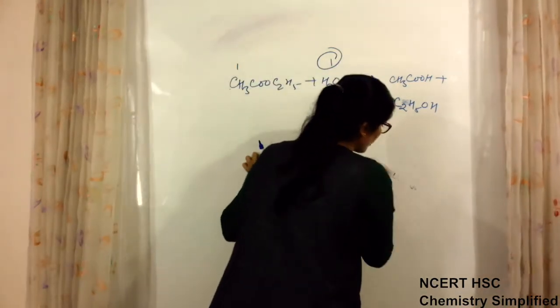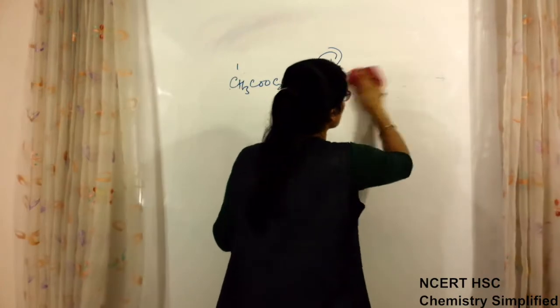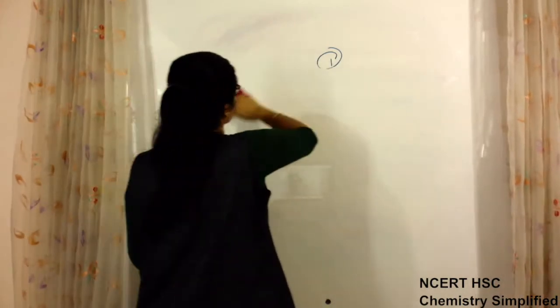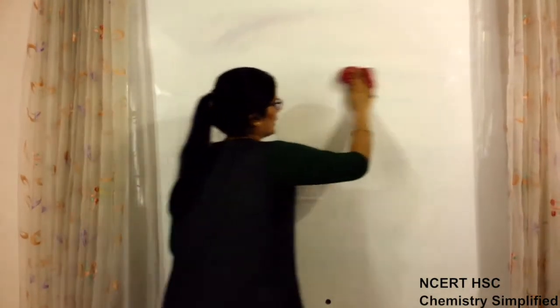So this means what? That order of reaction can have any positive value. It may be 0, it may be fractional, and it may be any positive integer value. But the number of molecules combining, that means the stoichiometric coefficient, can never be 0. Stoichiometric coefficient can never be fractional, it will always be a whole number.